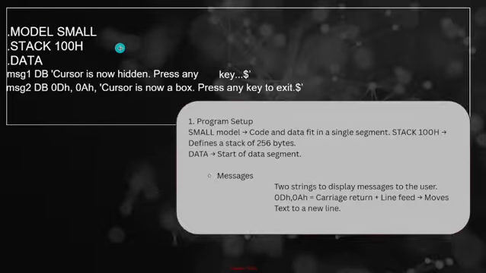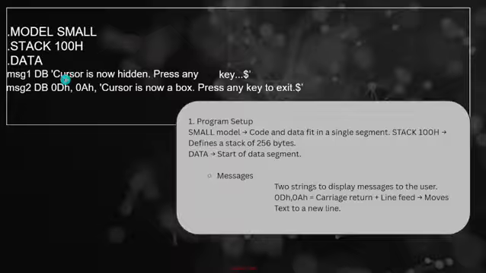Zero model small. It means code and data should fit in a single segment. Dot stack h means we are defining a stack of 256 bytes. Dot data means we are at the start of the data segment, message 1 and message 2. We are declaring two